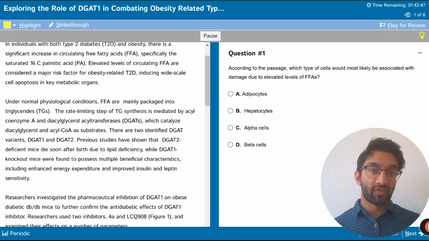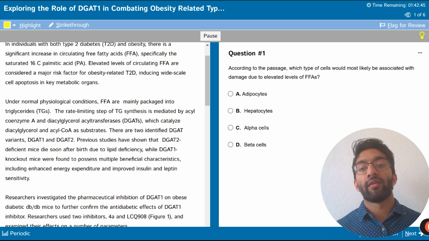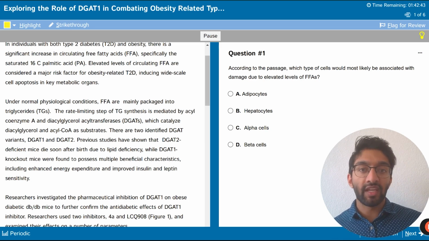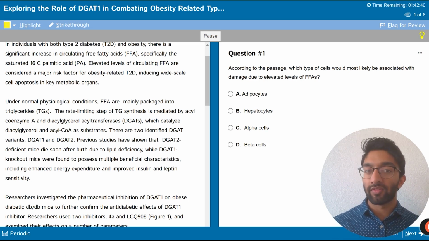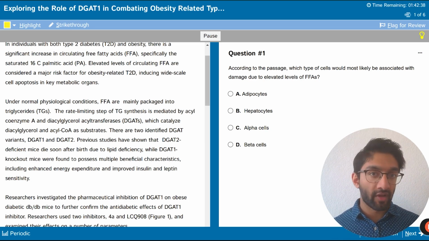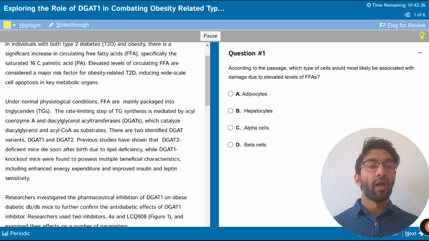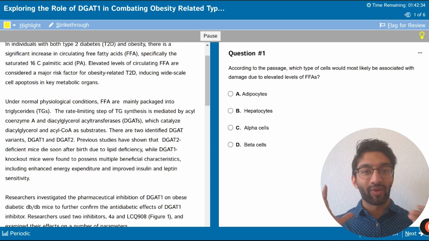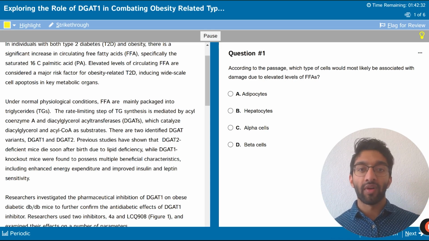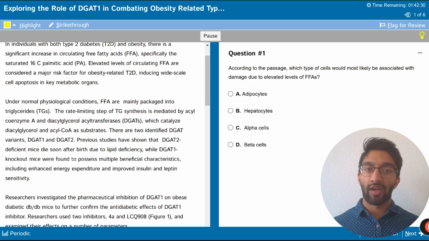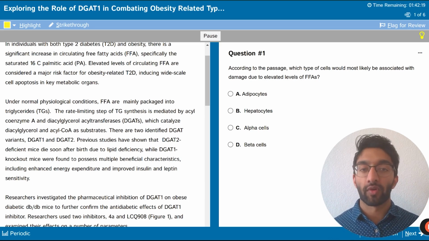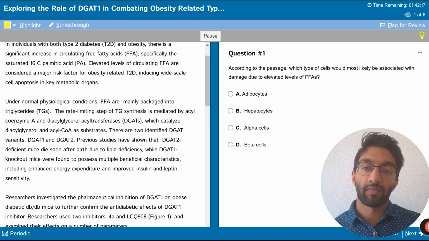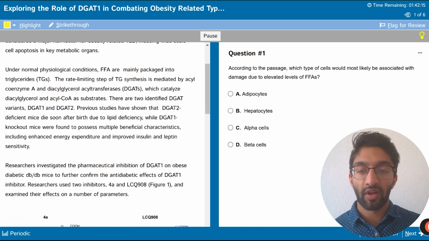So we'll just say more PA, more apoptosis in some key metabolic organs. Metabolism comes to mind, maybe stomach, liver, pancreas, these sort of things. These should just be networks of activation happening in your brain, but aren't necessary to have all the time. It's just good to familiarize yourself with the passage and have a sense of what you should be focusing on. So yeah, let's move on to the next paragraph.